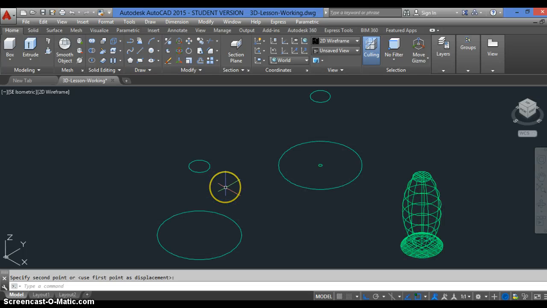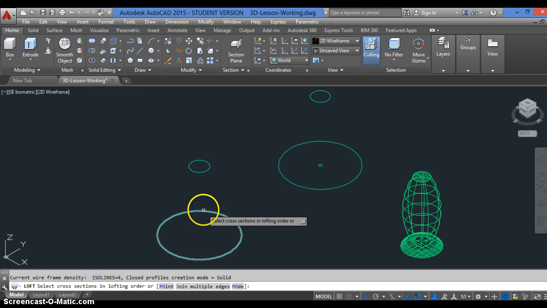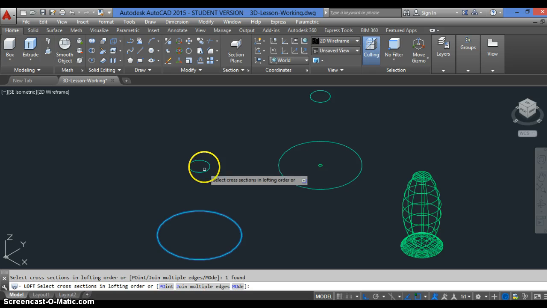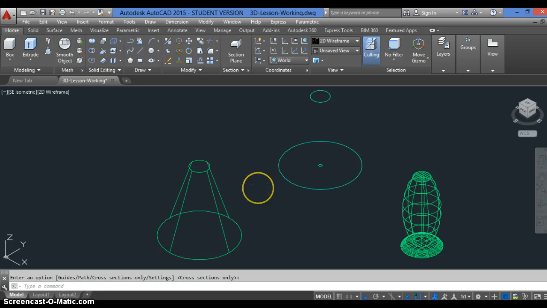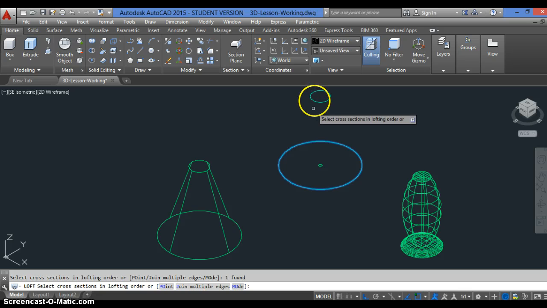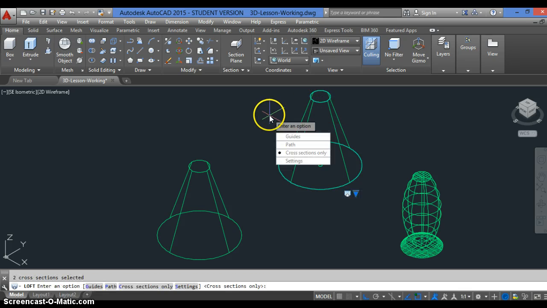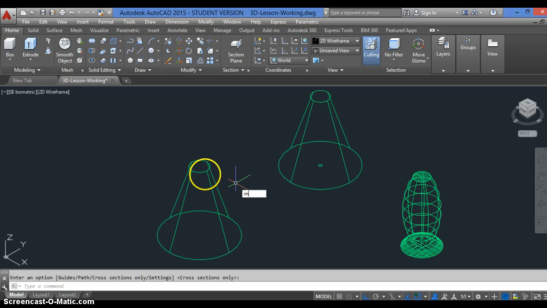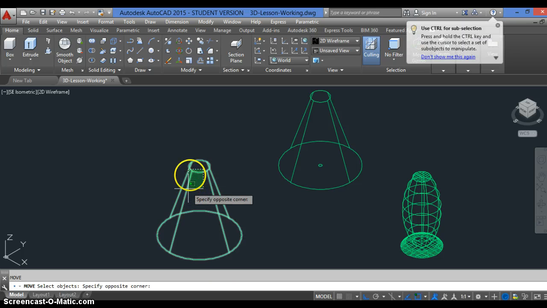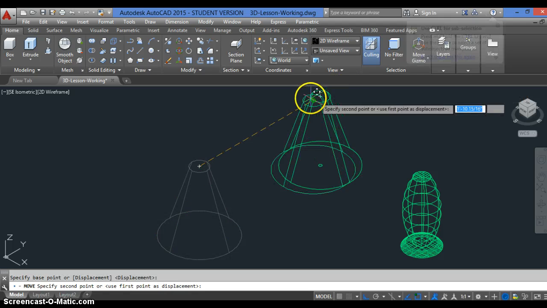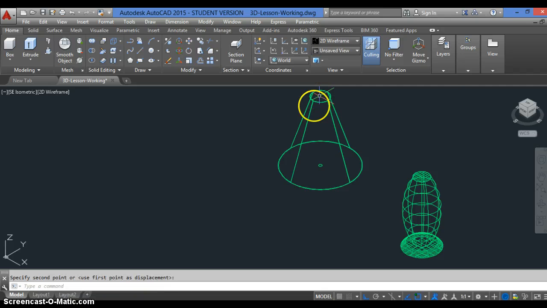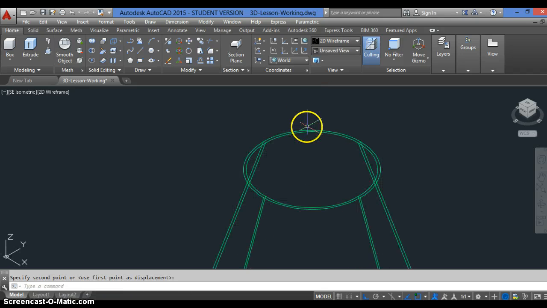Okay, what I did was I separated them. So we're going to do loft, select the bigger circle, the smaller circle, enter, enter, enter again, do the same thing here, and enter. Then we're going to move this one by the center to the other one. Okay, so now we have